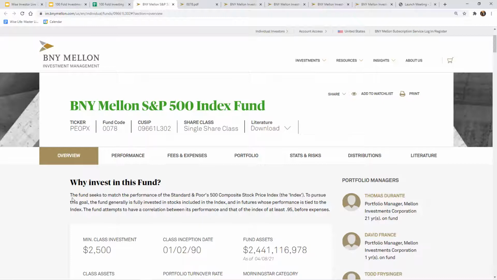First of all, it's tracking, matching the performance. It seeks to match the performance of the Standard & Poor's 500 Composite Price Index. An index is just a list. So if you write out a grocery list and you write out your favorite cereals, soups, bread, candy, milk, juice, and all that type of stuff, that is a list of items.